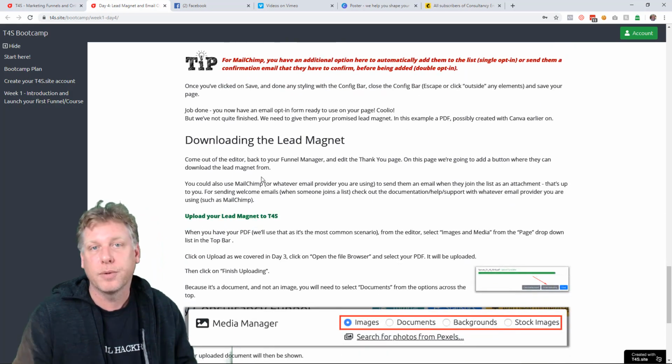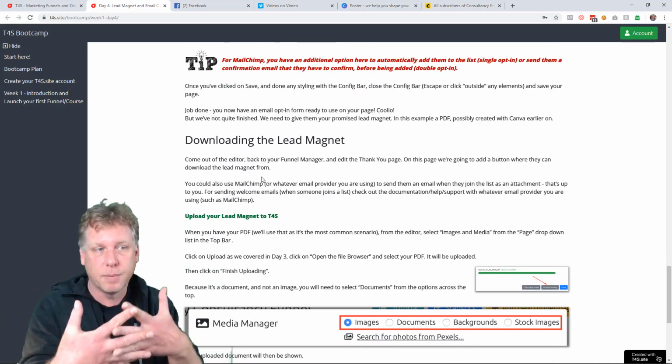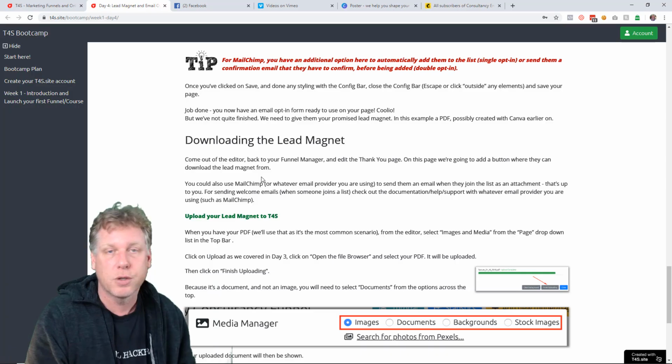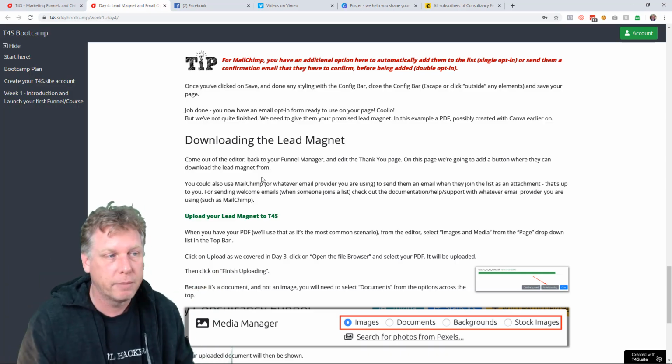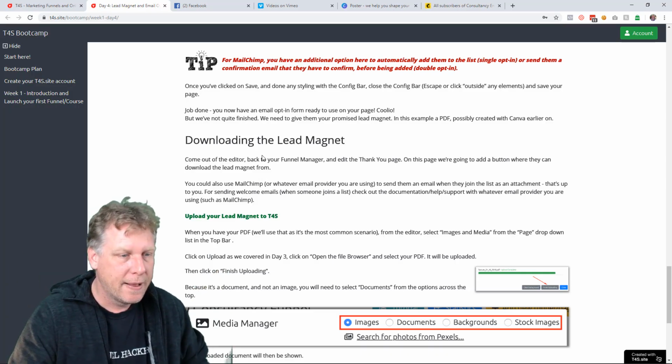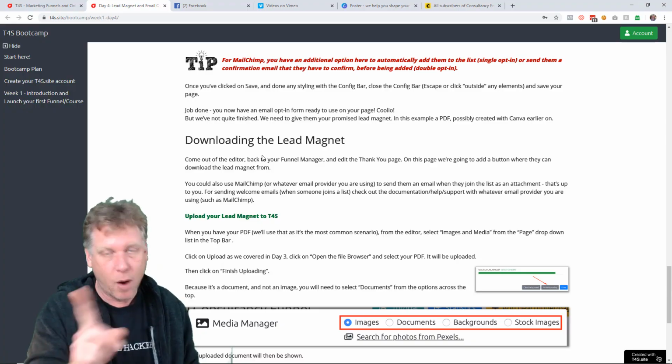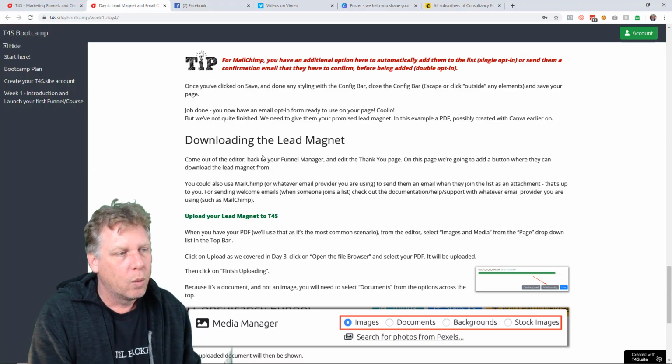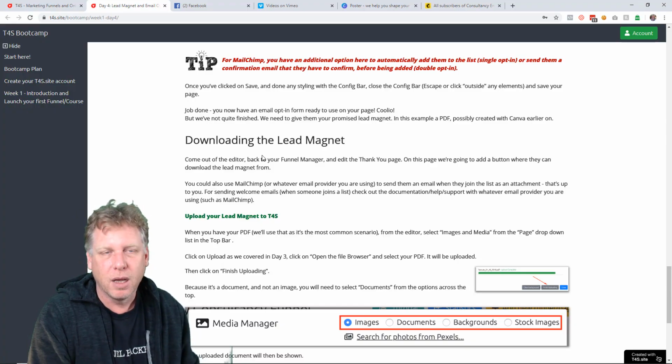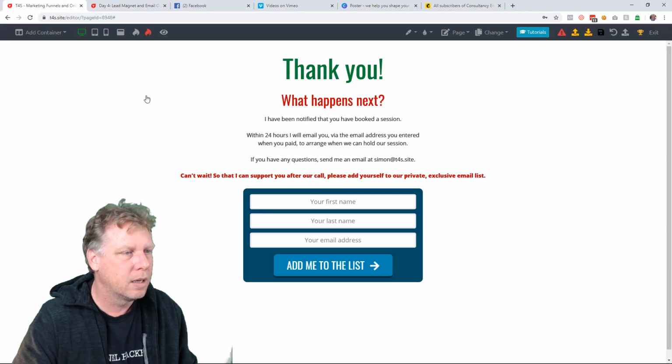That's good. So we've now got our opt-in form on the page, linked to MailChimp. It's going to go to the next page once it's got their information. Job done. Right. That's fine. However, what we'd like to do is make them an offer. So let me explain. I'm going to go on here,